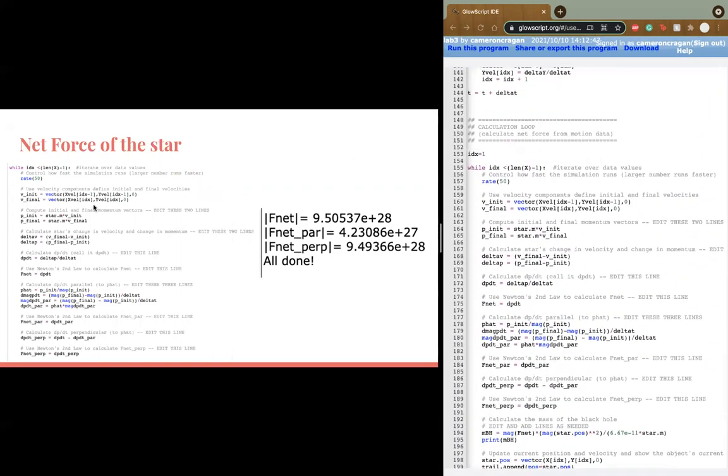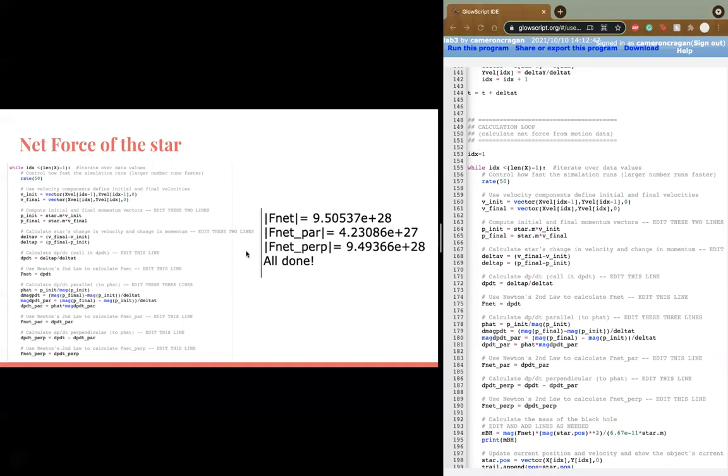And down here, I started finding the initial velocity and final velocity, and then the initial momentum and final momentum, and then the change in velocity, change in momentum, and then the dp over dt, which is the change in momentum over time, and then that was my net force. Then I also calculated p hat, and then I calculated the dp dt underscore par and used that to calculate the fnet par and the